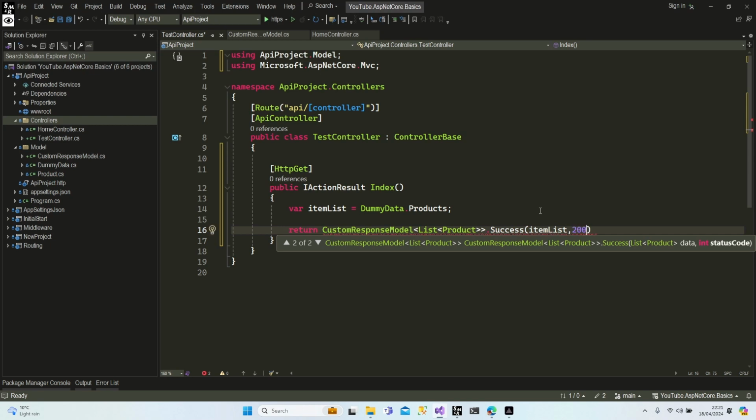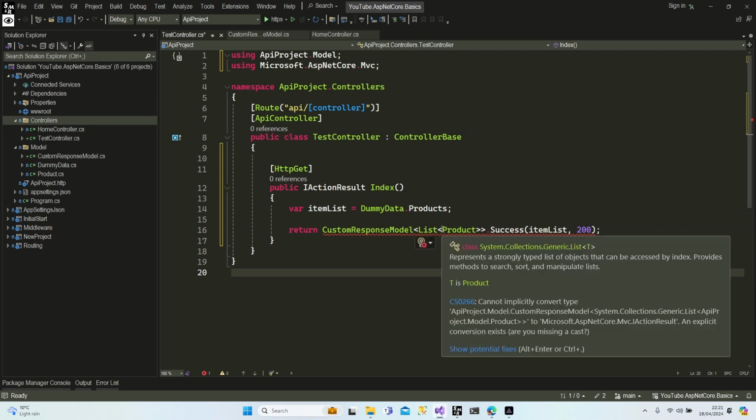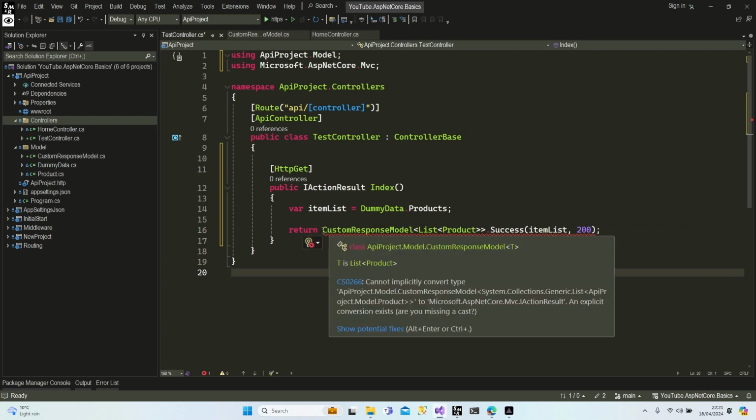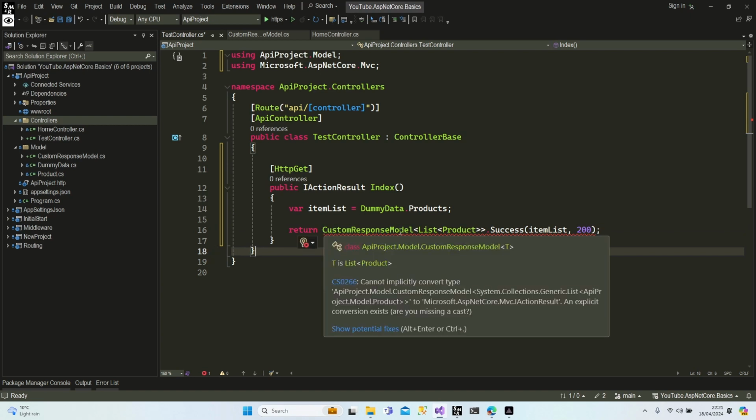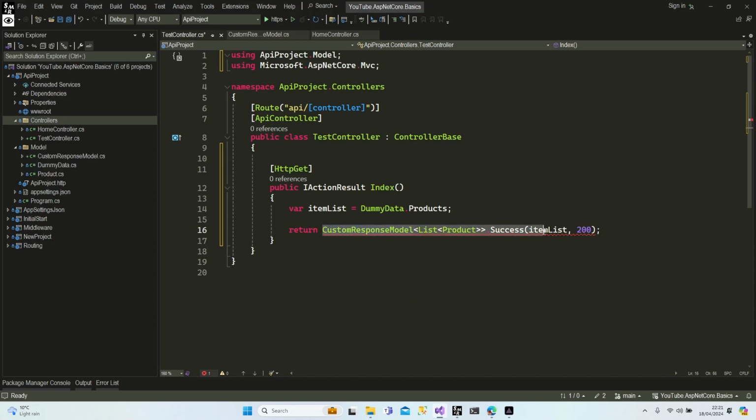Anything else? Did we do something wrong here? Let me have a look. All right. Okay. I know what the problem is, but I want you to see that we return our model. This is our whole model. So our return type must be a response. Okay. Now let's